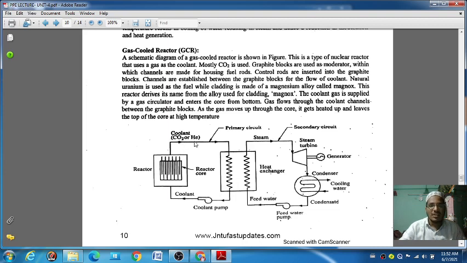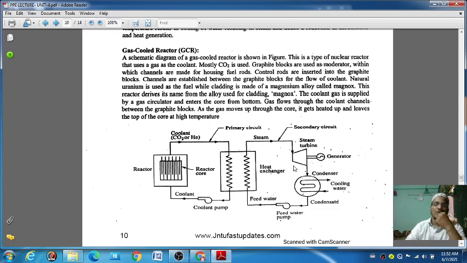With that, the helium and carbon dioxide will be there, and it will go into the primary circuit heat exchanger, and here the heat will be transferred from one place to another by the heat exchanger, and it will go in the form of steam to the turbine, and then the three-phase power will be generated.